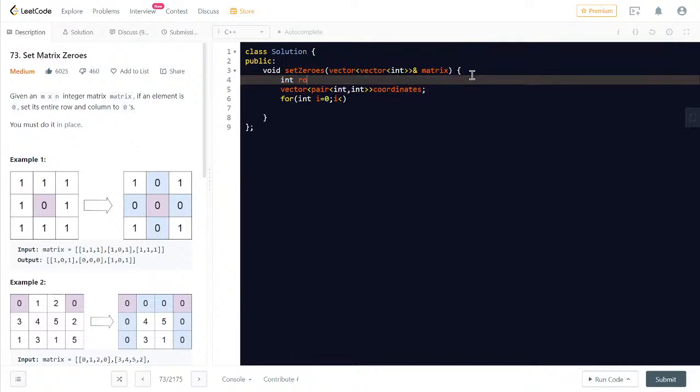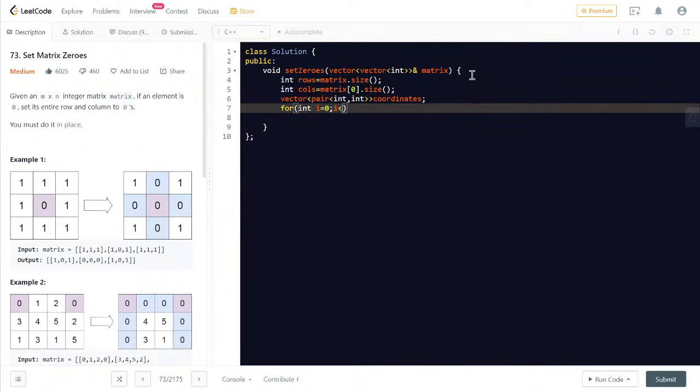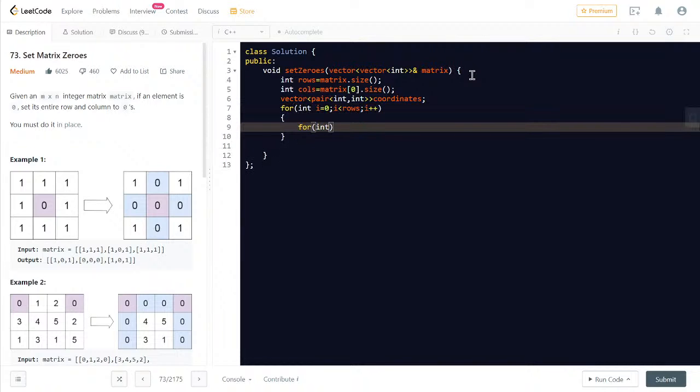Int rows is equal to matrix dot size, so we'll have the rows in here, and for the columns we will do matrix of 0 dot size. First we'll go through the rows, i plus plus. Then for the columns,